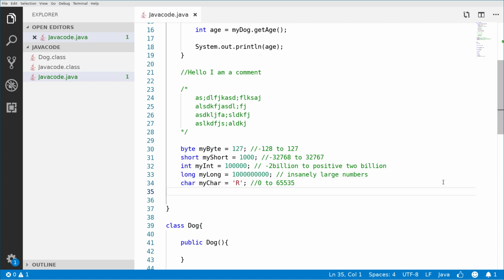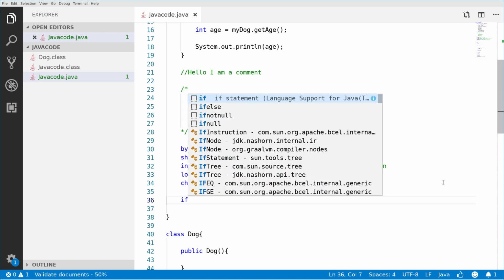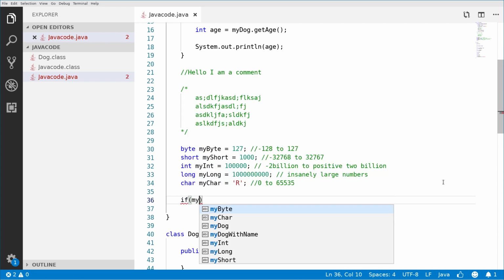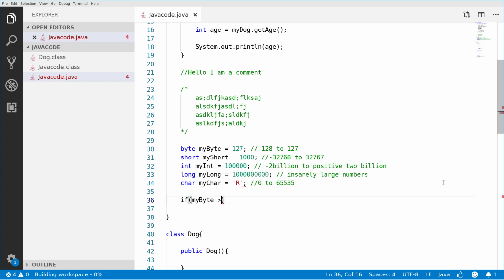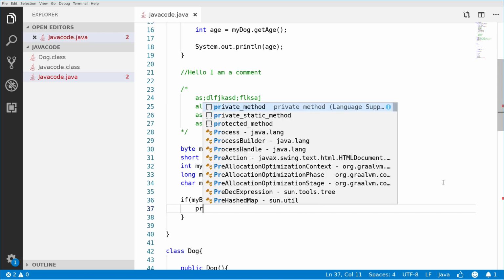Now those are kind of these basic data types. And what can we do with these guys? So first of all, we can compare them, right? So we can check if a number is equal, smaller, or larger than another one. So to do that, we say if my byte is greater than 2, for example,